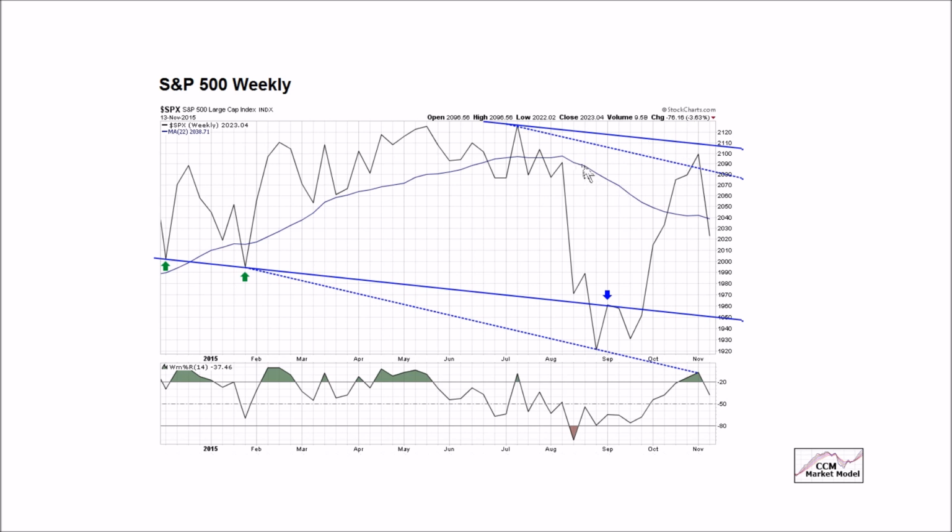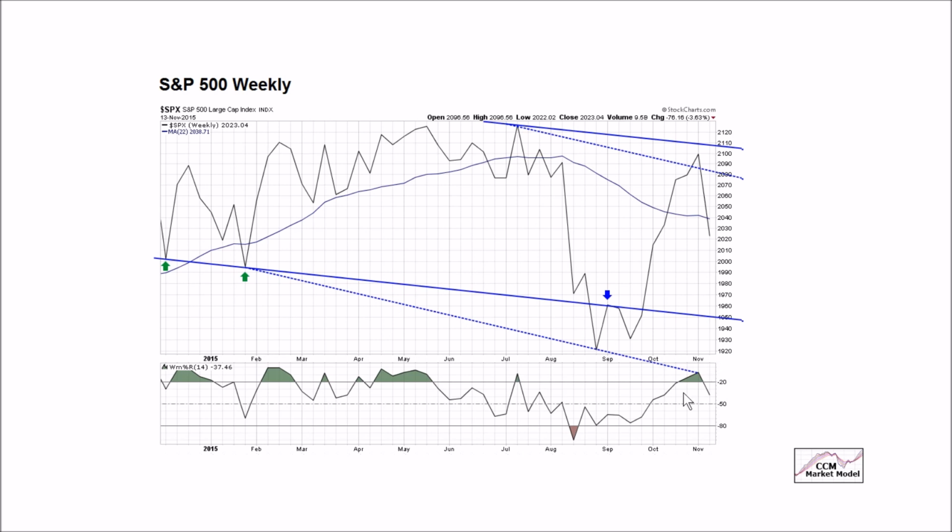Also, the 22-week moving average, which speaks to longer term trends, tried to turn up here, and instead we have a failure and it's turning back down, and now price is back below a bearish downward sloping 22-week moving average. This is not an encouraging look, and we would prefer to see price move to this side of the 22-week, and we prefer to see it turn up.